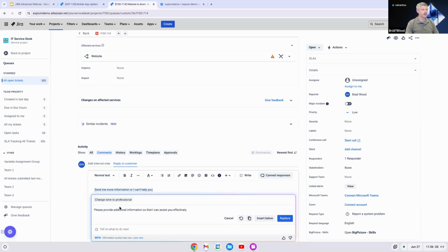And then we can see that Atlassian Intelligence is getting us a suggestion on how to rewrite our comment. So what I wrote was not very professional, and we can change that to be professional before we submit this comment to our customer. We can see here, "Please provide additional information so that I can assist you effectively." And I think that sounds a lot more professional. So I can insert that into my comment, or I can simply replace it. And so I think in this case, I will